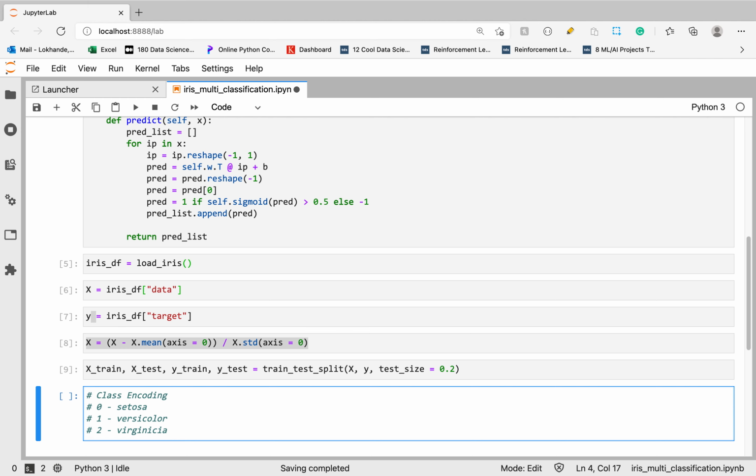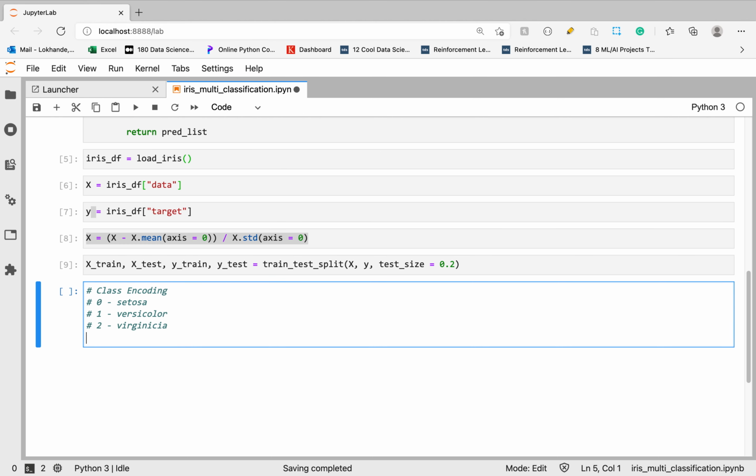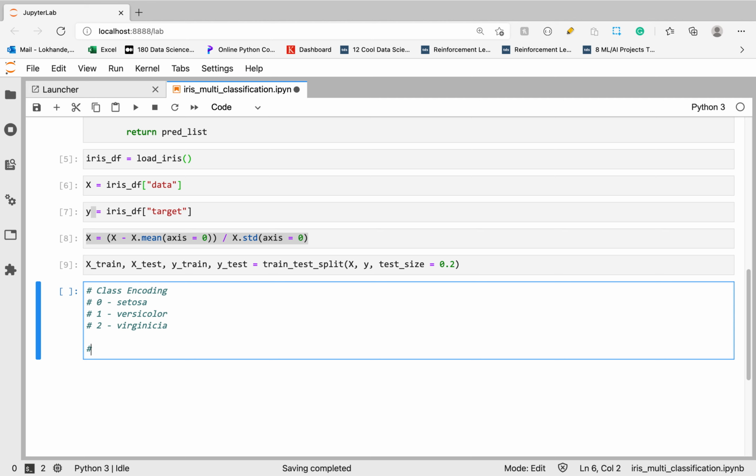So now let's build a first classifier which only recognizes setosa, and the label value of setosa is 0. Here I am writing clf1. It only recognizes whether the instance belongs to setosa or not. If it does not belong to setosa, then it means it belongs to versicolor or virginica.